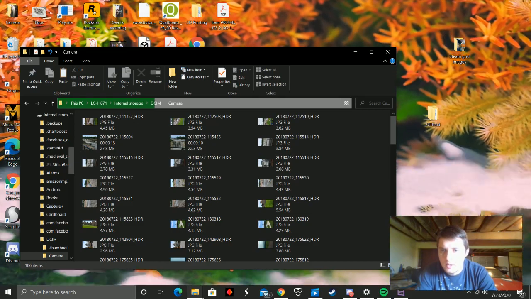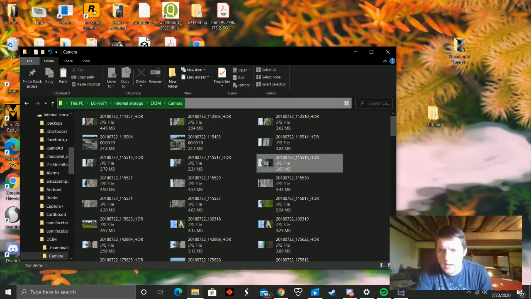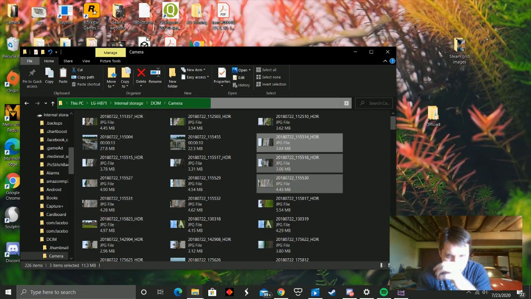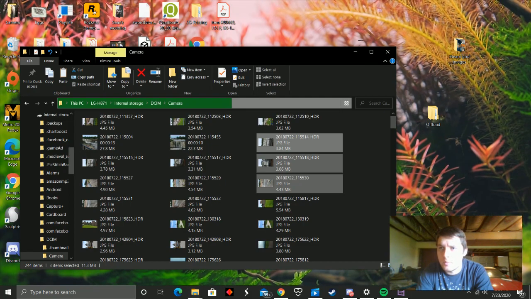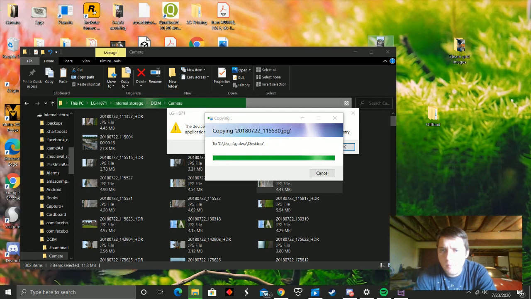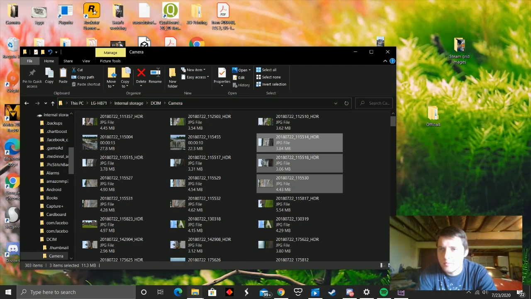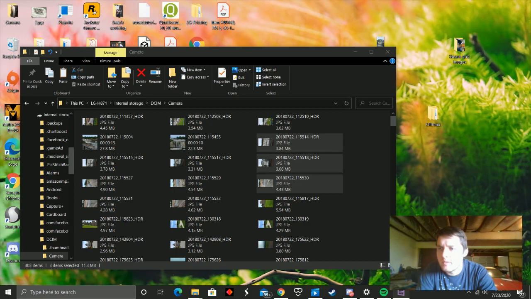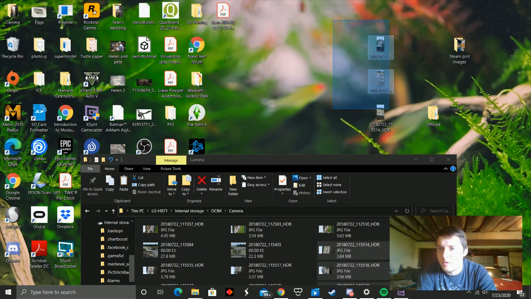And as you can see, these are all the pictures that I've got just hanging around, even a few videos. And once you're in this menu, what you can do is hold down the control key on your keyboard and click the various objects that you want to highlight. And then you can click once and hold, and then you can dump them right here on your desktop by clicking, dragging, and then releasing. So that's just an error message because my phone cable is not a very good phone cable. But if I can just pop up here, you can see all of our photos have been dumped on our